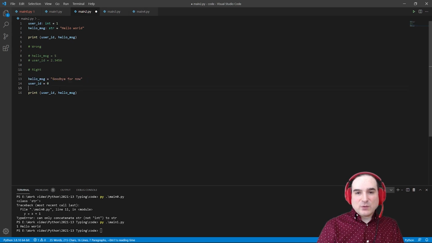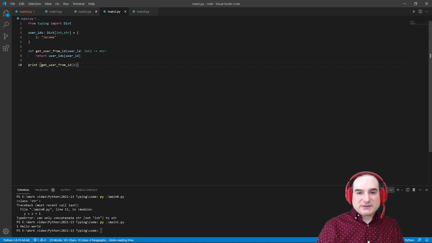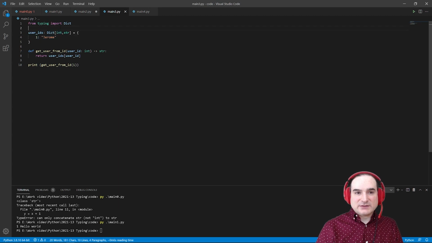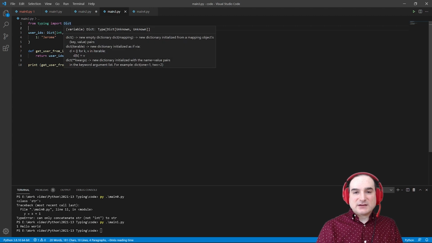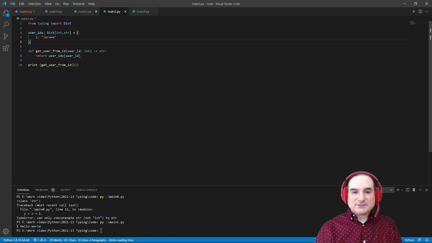Sometimes we will need to make more complex annotations. For instance, let's say we want to indicate what sorts of objects are inside a container. Here's an example of this, and this uses annotations that are taken from Python's typing module, which is provided for these kinds of more elaborate scenarios. We have a dictionary, where the keys are integers and the values are strings, and we want to annotate that dictionary as such in our codebase. So we use this syntax here. We use the dict type hint followed by a list of integer and string. And this is a way to tell the linter that we're creating a dictionary with integer and string used as the keys and values, respectively.